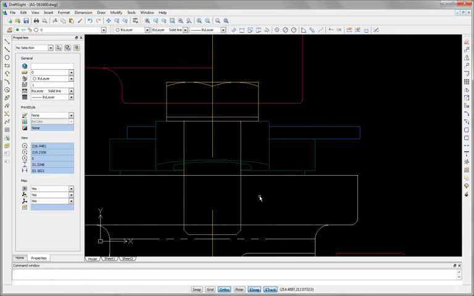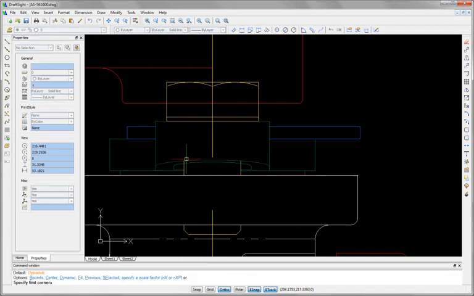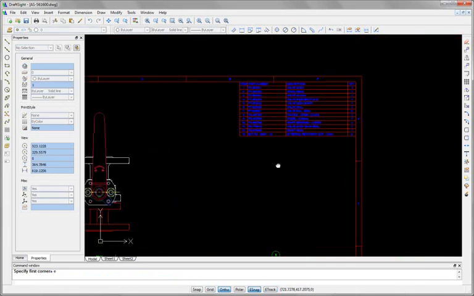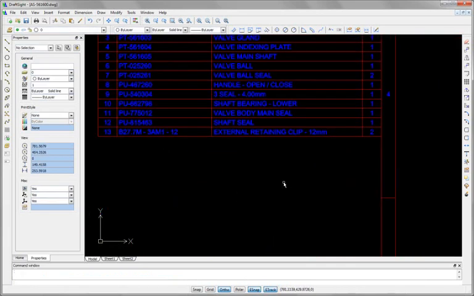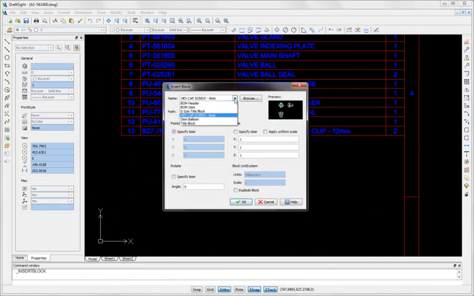Finally, we want to trim these lines out similar to the ones we had done before, so we'll go ahead and grab the appropriate geometry and get rid of what's not necessary in the case of this fastener. The last step is going to be to add the bill of material line item for this component. Using blocks is another great way of doing this, and because this block has already been referenced in this